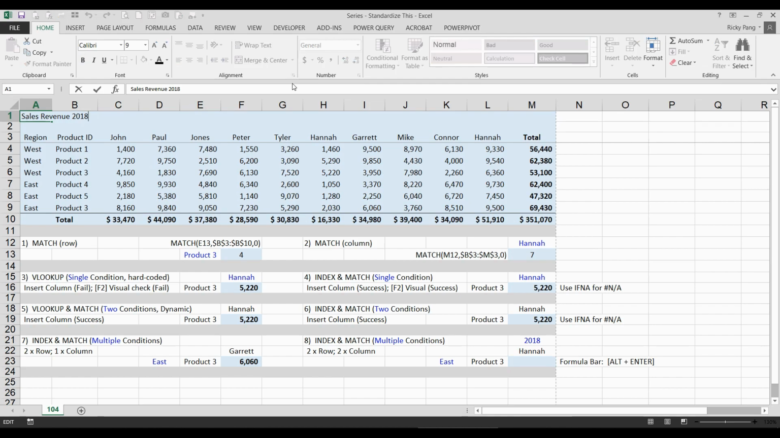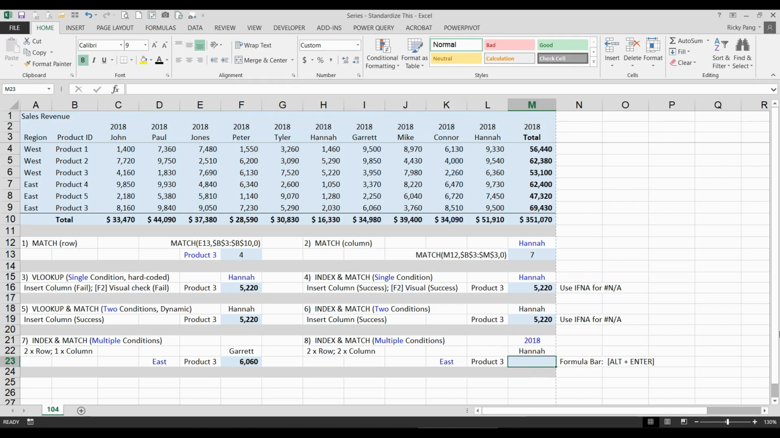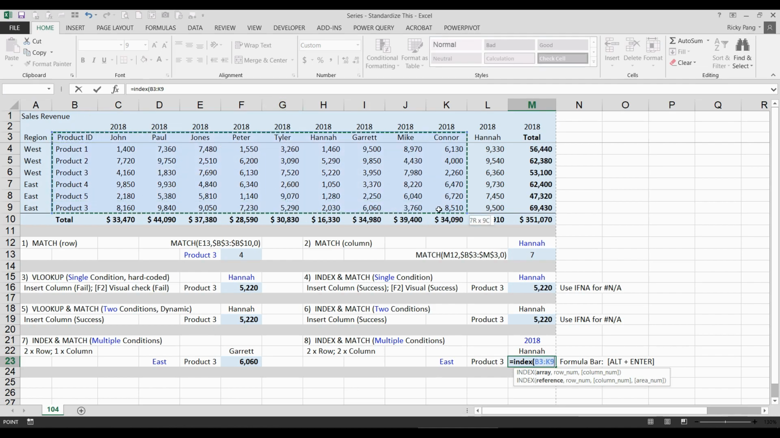Let's change sales revenue title to just sales revenue. Let's put 2018 here and take it all the way to the end. That means we're going to look up for Hannah and 2018. The first half of this formula is the same as the previous example. Product ID to the end, total, F4 to lock,